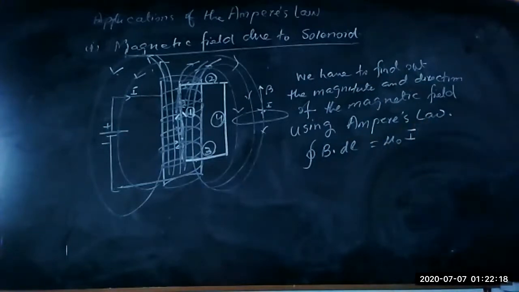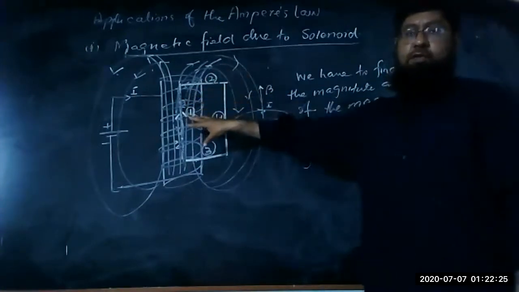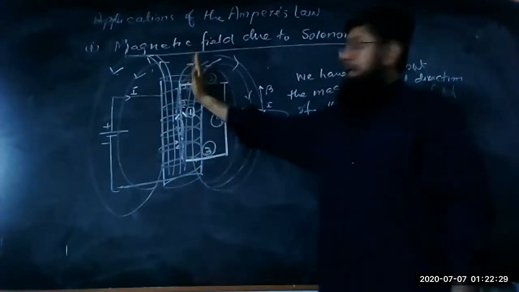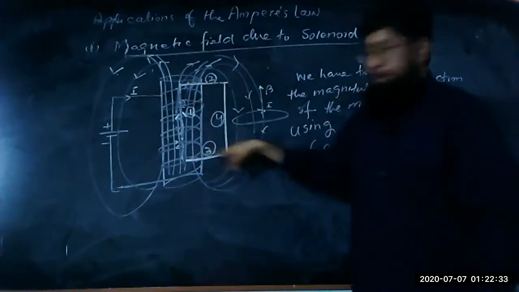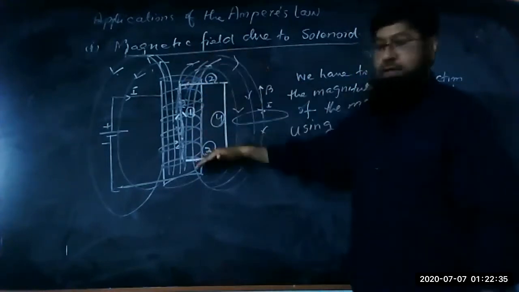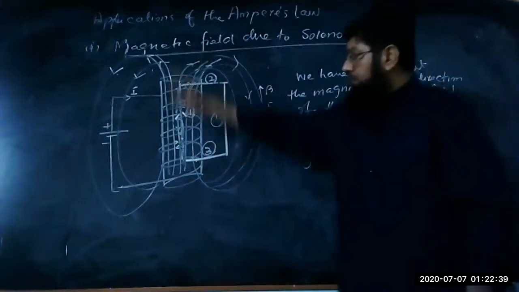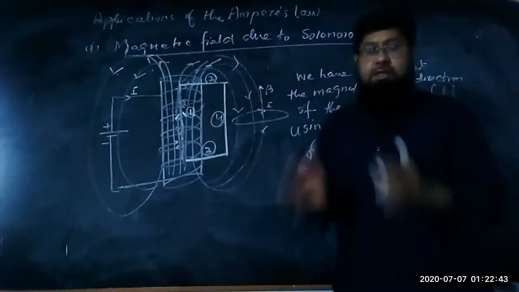This is Ampere's law. So the total magnetic field in this geometry is divided into 4 segments. One is inside the coil, the other is perpendicular. Number 1 is inside, number 2 and 3 are perpendicular, upward and downward, and number 4 is outside the coil. So we have divided the portions of the magnetic field into 4 segments.